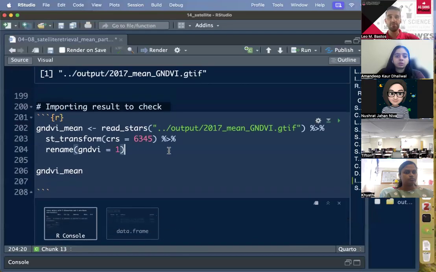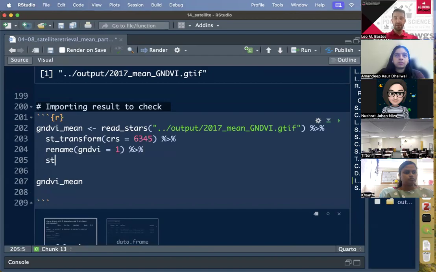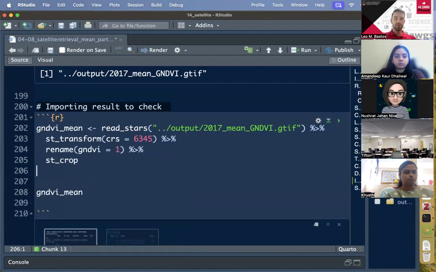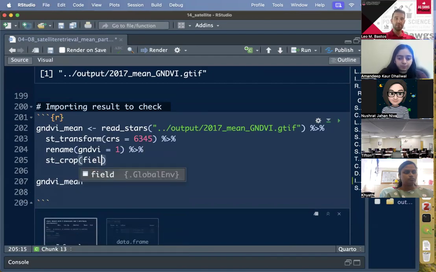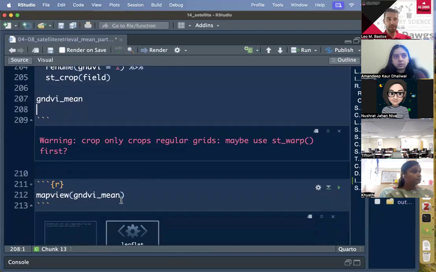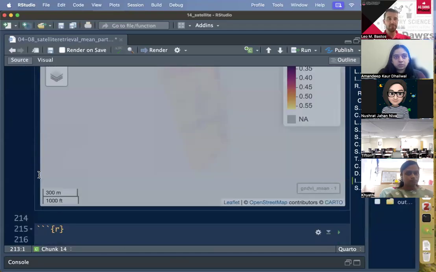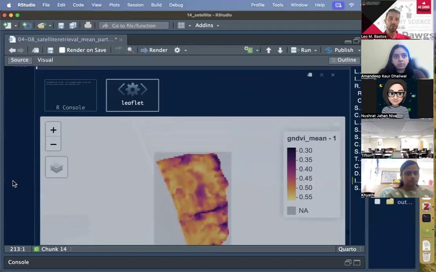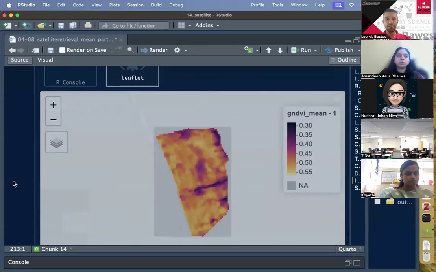If you come back to the chunk above, we just need to add an st_crop and then field, and this should work. And now if you go ahead and run your map view again,